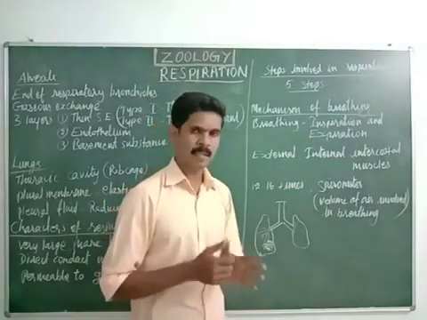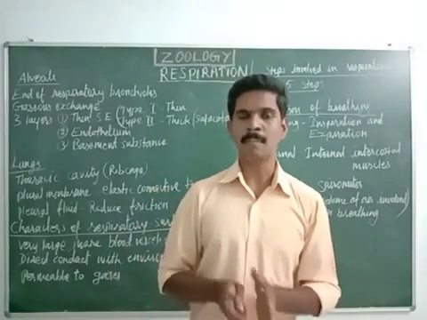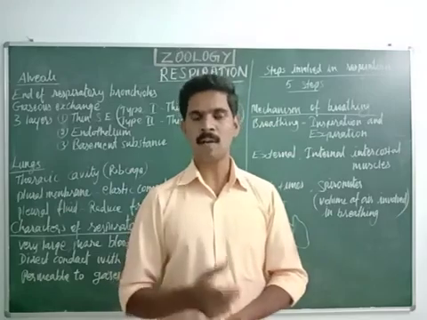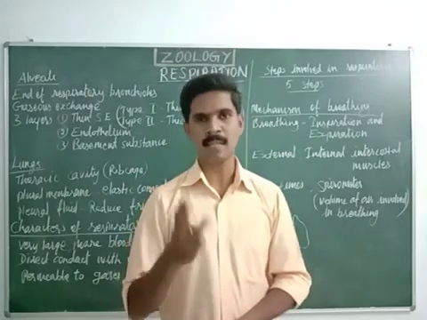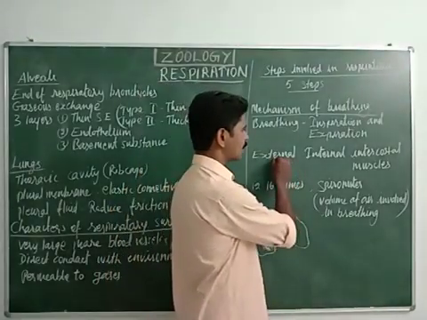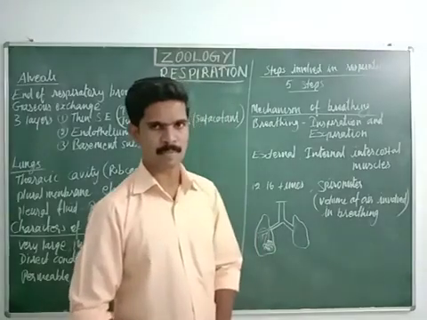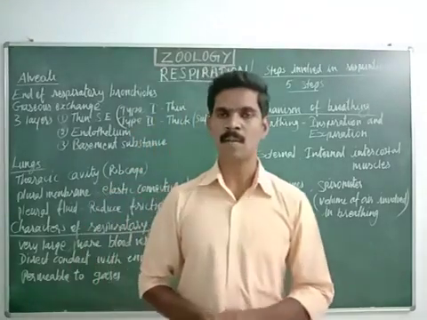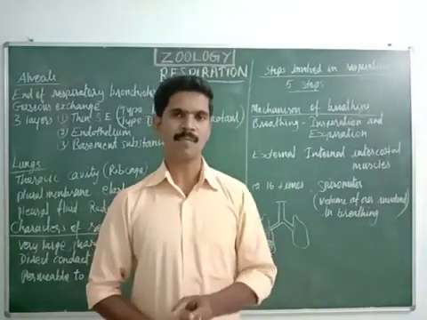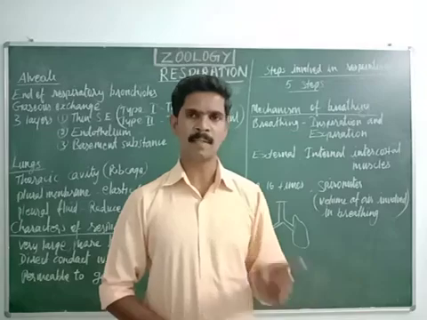Understand? Then this inspiration and expiration, both processes are because of the contraction and relaxation of 3 muscles. One is the diaphragm muscle, the second one is the external intercostal muscle, and the third one is the internal intercostal muscle. So 3 muscles are involved in this respiration process or breathing process. One is the diaphragm muscle, the second is the external intercostal muscle, and the third is the